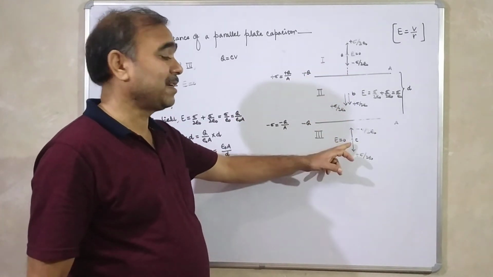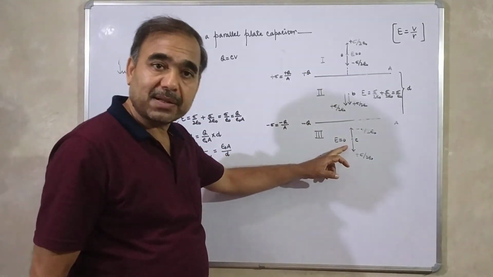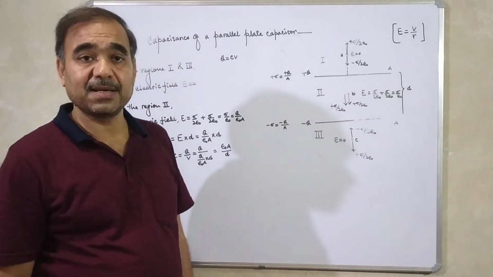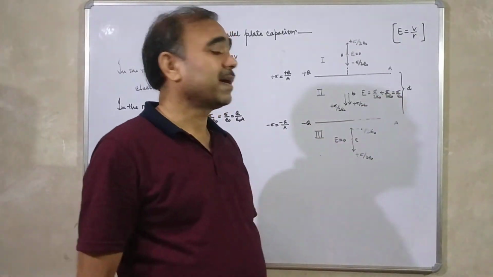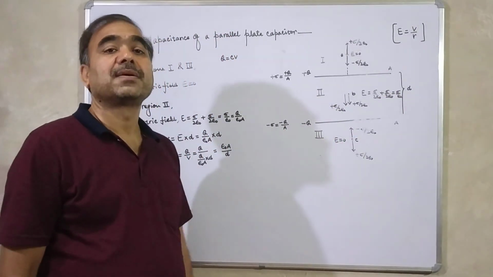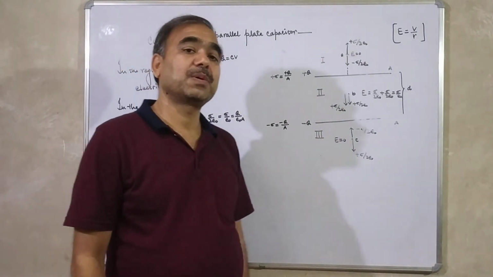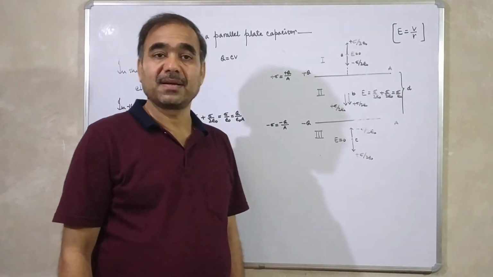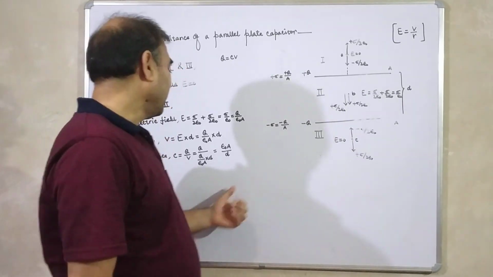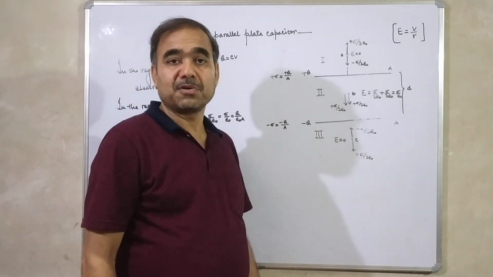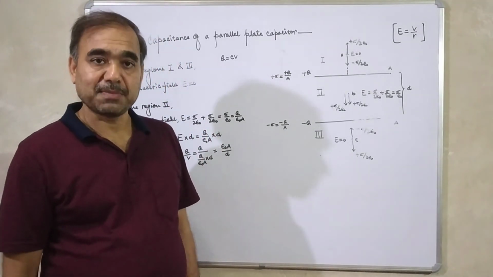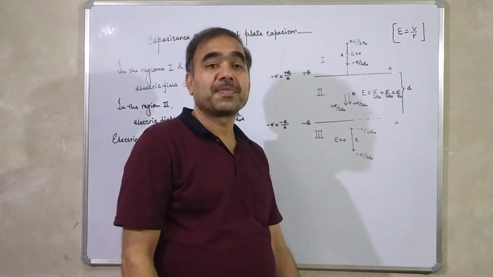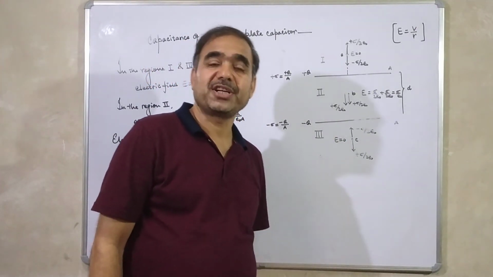These two points A and C are exterior to the plates of capacitor, where the electric field is found to be 0. And inside the plates of the capacitor, the electric field is found to be sigma by epsilon naught. Then we find potential difference, and potential difference is equal to electric field multiplied by separation between the plates of capacitor, means E into D. We put the value of E, then E is equal to sigma by epsilon naught, which is equal to Q by A. Sigma is equal to Q by A, then we get Q by epsilon naught A. This is the potential between the plates of the capacitor, or you can say potential difference.